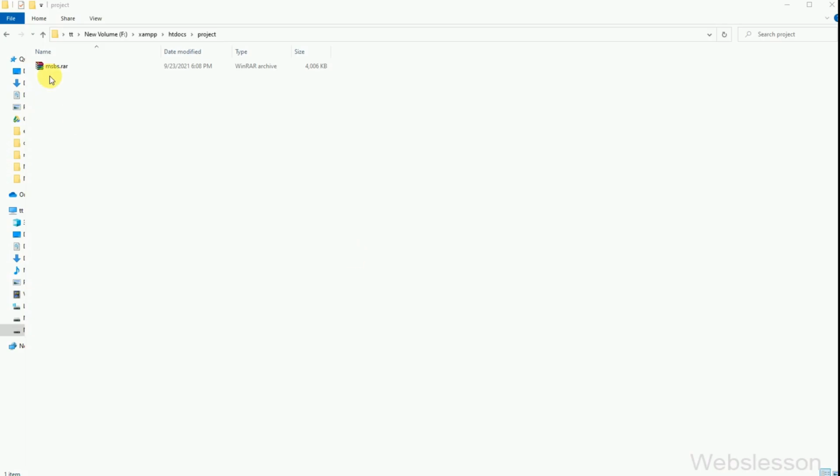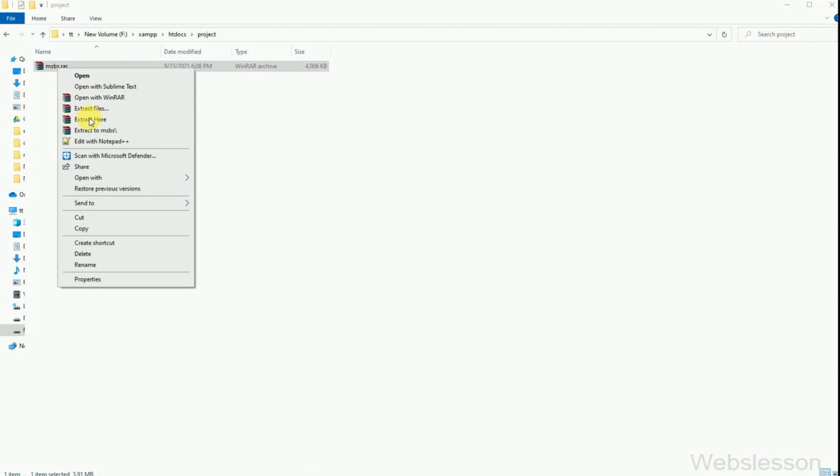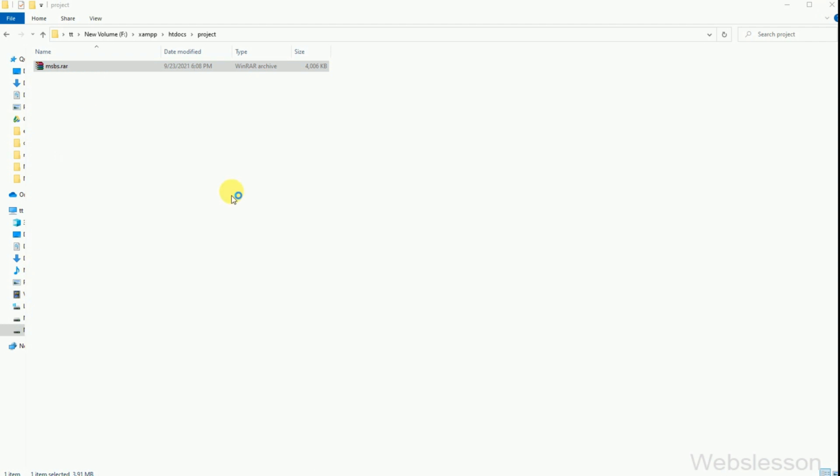Now first, for installing this system, you have to download source code of this system in zip or RAR file. After download, this file will be password protected, so when we extract the file, it will ask for password, so here we have entered the password, and after entering the right password, it will start extracting source code files under our localhost folder, where we have to run PHP script.